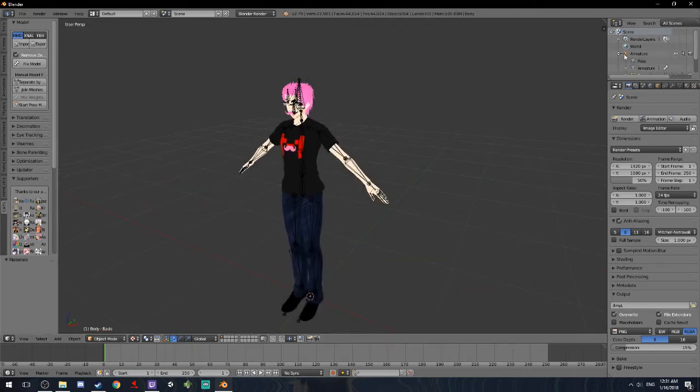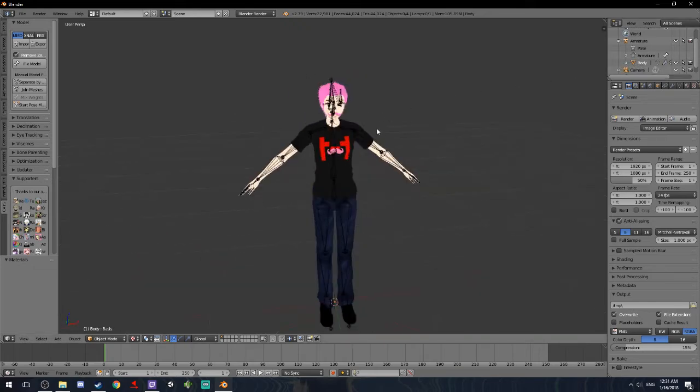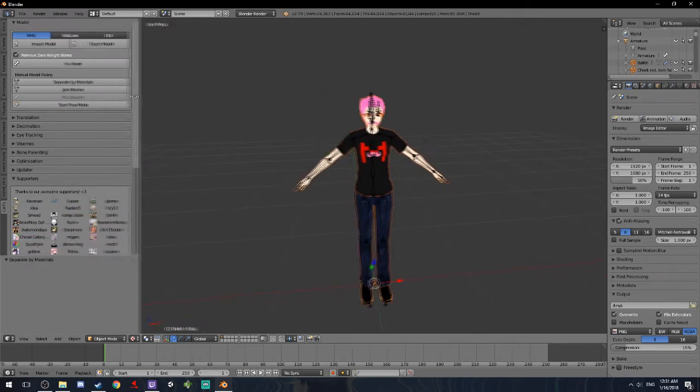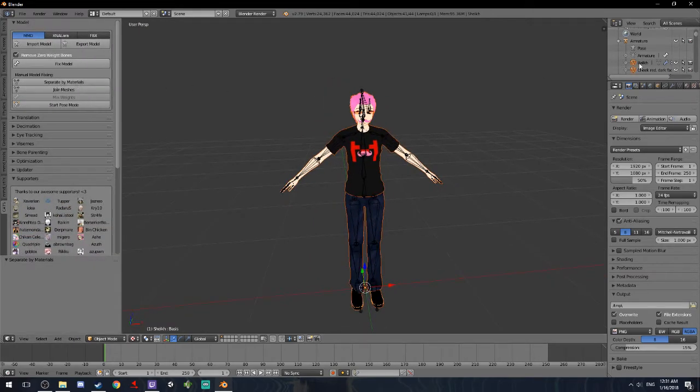Now what you want to do is come over to armature and come down to body. Now you see that the body is just body. You can't edit any of the textures. So what you want to do is separate by materials. Open this up a little bit more. Separate by materials. And what that'll do is separate all the different textures on the body